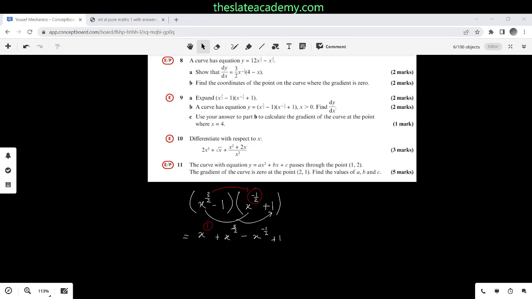So this is what I'll get: x to the power 1 plus x to the power 3 over 2 minus x to the power minus half and minus 1. And then the next part of the question says the curve has the same equation as the one given before. You have to find dy by dx,